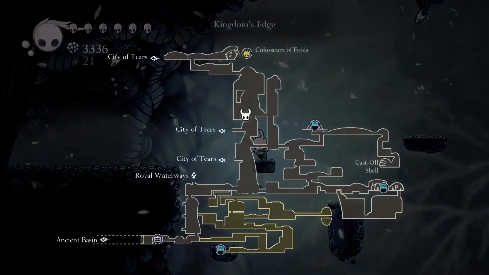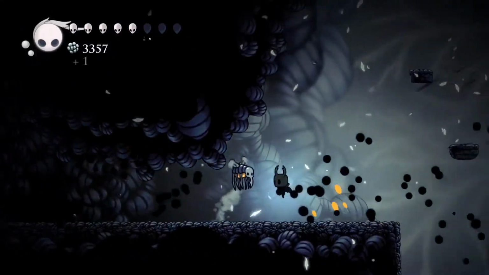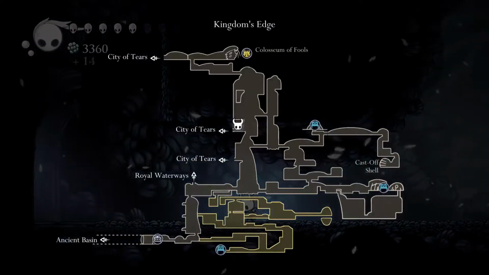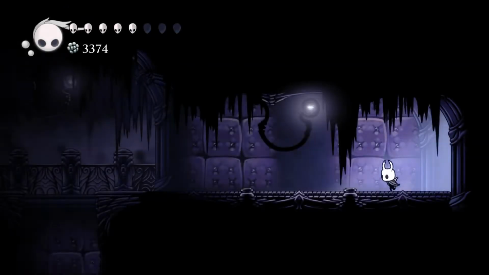If I had Fragile Strength on, which I can't have on because I gave it to the lady in the Grimm Troupe, which is the main reason we haven't defeated the Grimm Troupe yet, by the way, is because they have my charm, and I need to get it back before I...